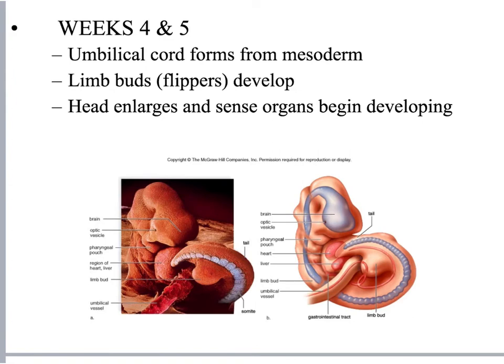Now, let's back up just a little bit and talk about those weeks 4 and 5. I think that this is really interesting to take a look at just what we look like between weeks 4 and 5. Remember, we're not called a fetus yet. We're still an embryo. It's not quite apparent that we're human at this point. Here's the umbilical cord. You can see that we have tiny little flippers called limb buds. These are our arms and legs developing, our little limb buds.